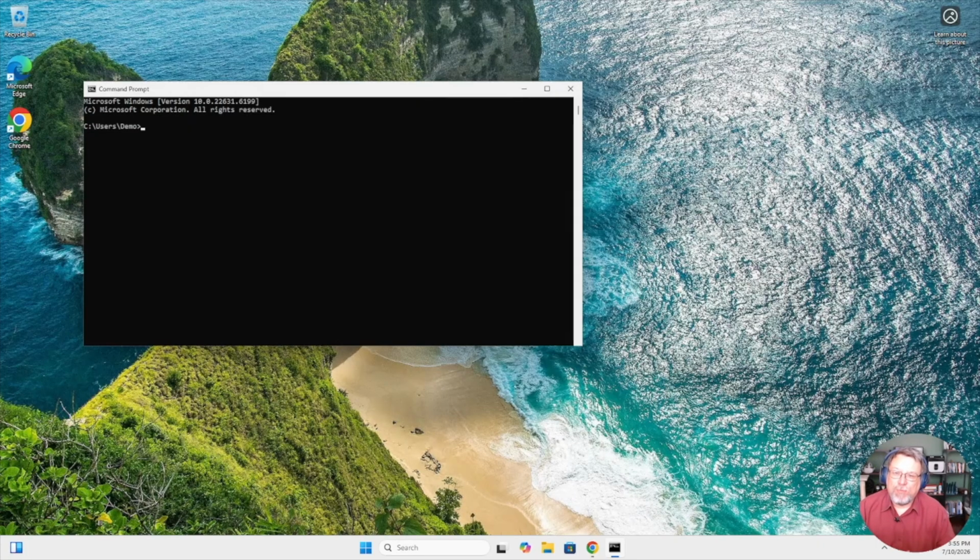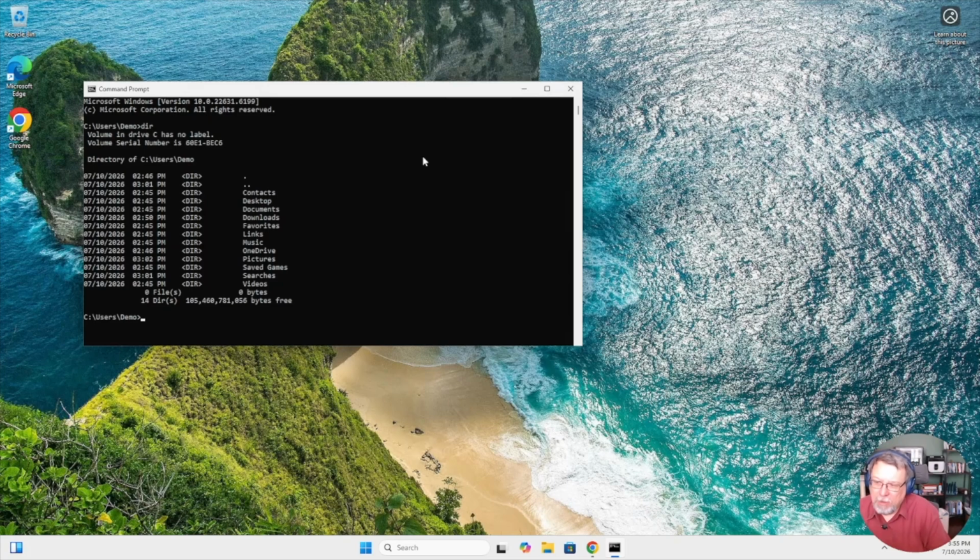Once there, all we get is a prompt waiting for our input. There's no guidance or anything like that. We have to actually know what we want. So let's start off with a simple dir. That's in Windows. And that just gives us a listing of the directory's contents. Every command system has this. In the terminal, the command is ls instead of dir, but it does the same thing.